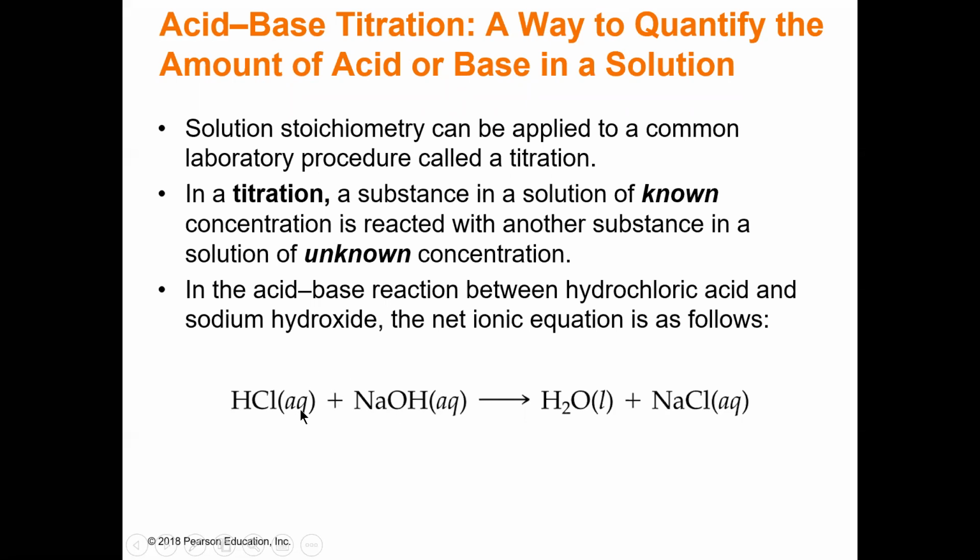Let's say I know the concentration of hydrochloric acid. I don't happen to know the concentration of the NaOH. Well, what I can do is take the concentration of my hydrochloric acid and my volume, and then if I know the volume of how much NaOH it required to neutralize, I can work backwards to figure out the concentration